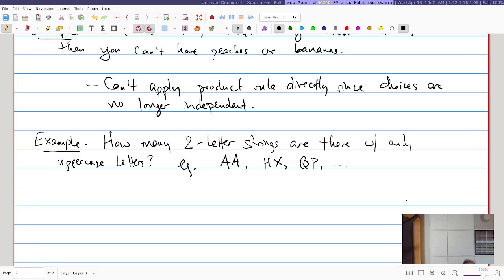Yep, that's right. So yeah, the way that the product rule applies is I have 2 independent choices, right? I can independently choose what the first letter is going to be, and I can choose what the second letter is going to be. They're independent because there don't seem to be any rules restricting how the letters can be combined. I can have anything for the first letter, anything for the second letter. So 26 times 26 says we can independently